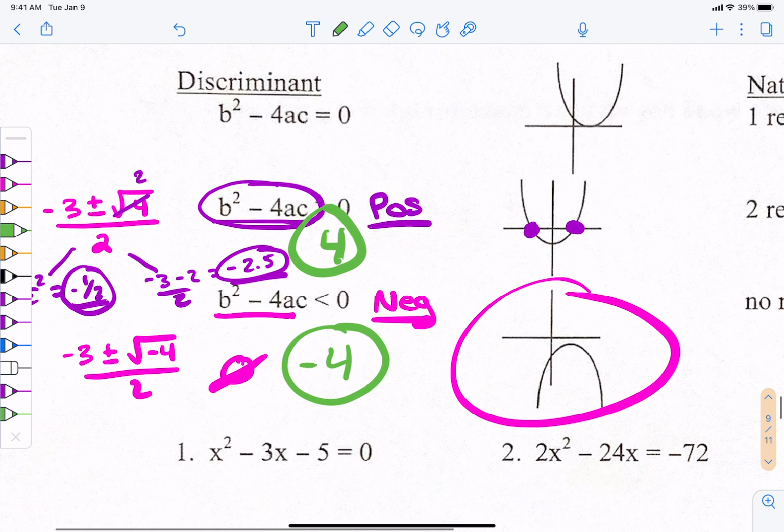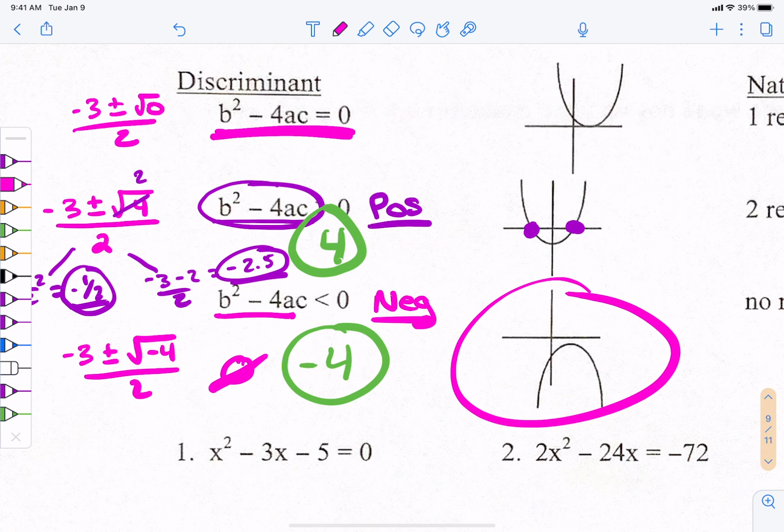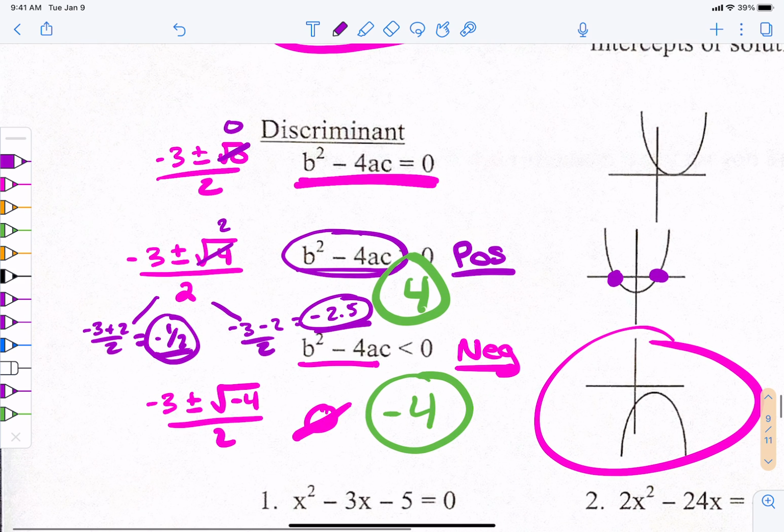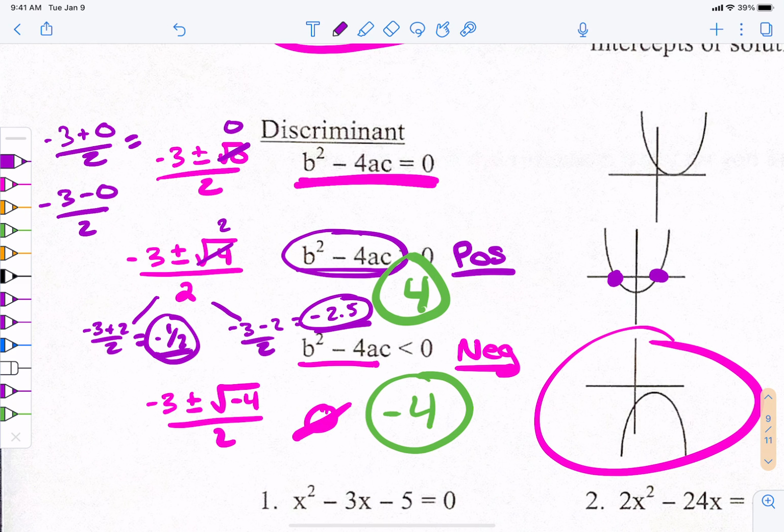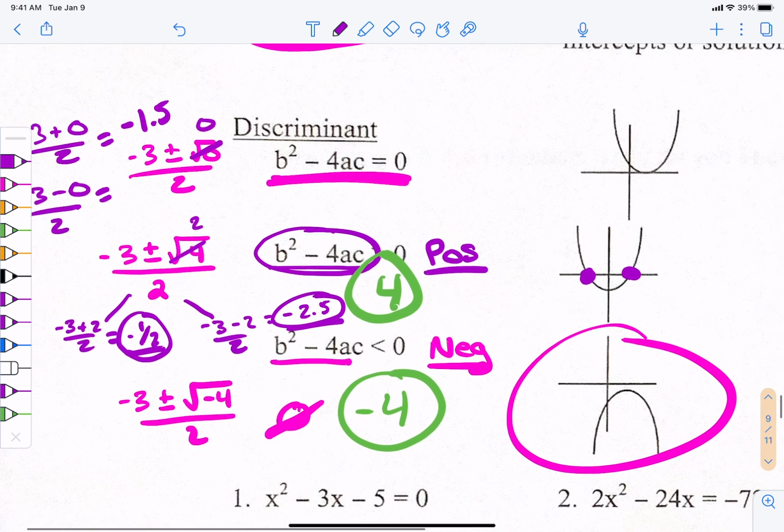Now, I'm going to do the same thing again. Same numbers, except my discriminant is going to be equal to 0. So I have negative 3 plus and minus the square root of 0 all over 2, okay? What is the square root of 0? Just 0. So really this is saying negative 3 plus 0 divided by 2 and negative 3 minus 0 divided by 2. So it's just negative 3 over 2 because they're both the same answer, and it is negative 1.5. So I only have one solution